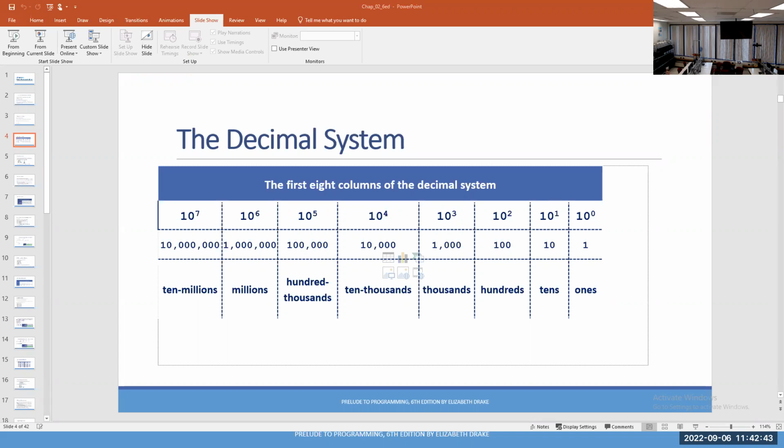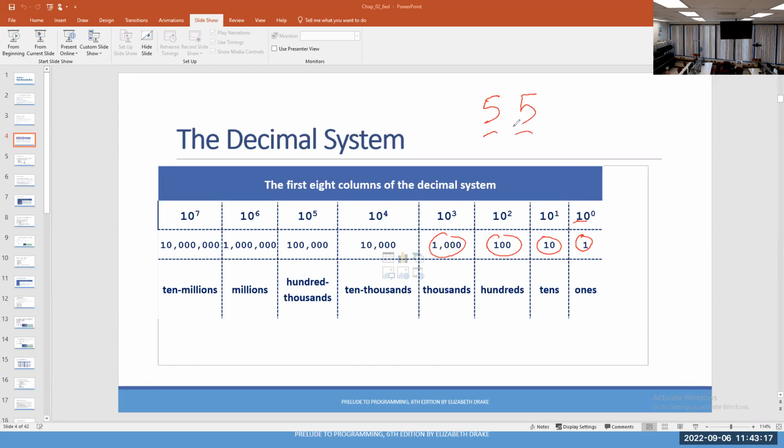So if you look at the decimal system here, you have the 1 column and the 10 column and so on, right? So we see it goes up by 10 each time. The value of the first column is 10 raised to the power of 0. The second one is 10 raised to the power of 1, and so on. That's why this column has the value 1, this column the value 10, and then 100 and 1000 and so on. Right? So basically, if you have the number 55 here,